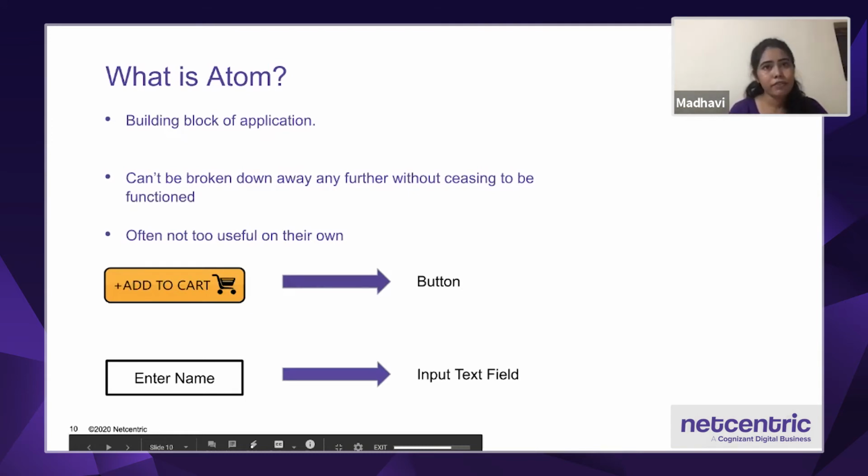So we design and build in layers and it is more clear. If I give an example of atoms, it is the button, input field, font sizes, color palettes. These are all examples of atoms. Going to the next slide,